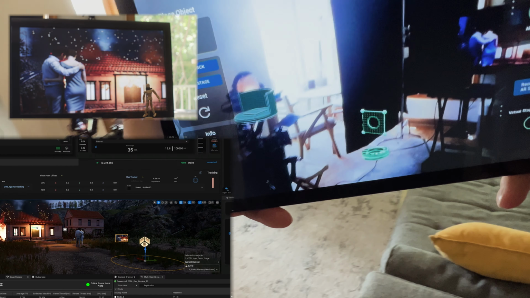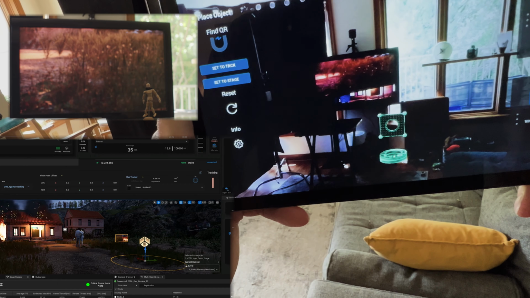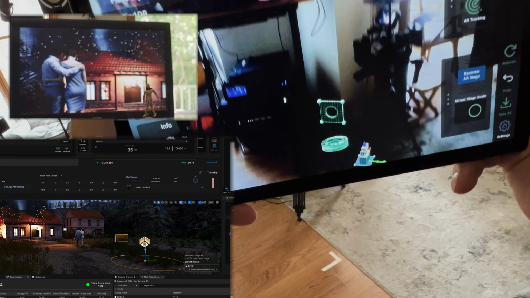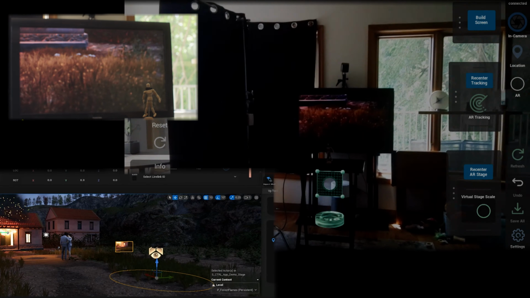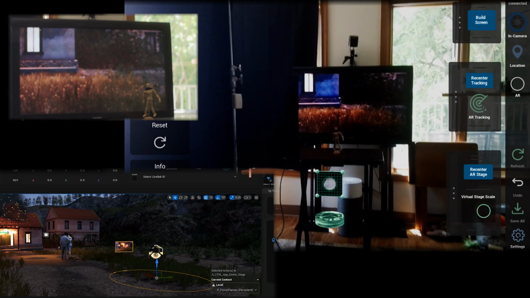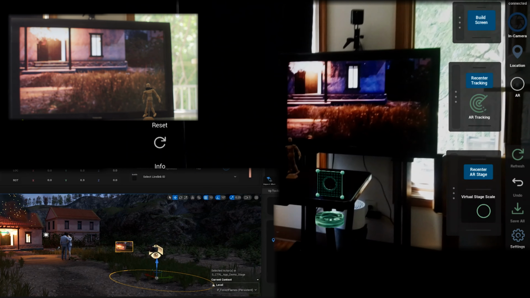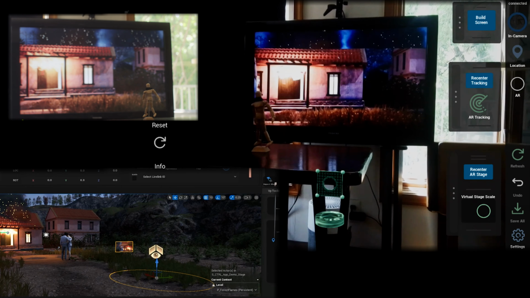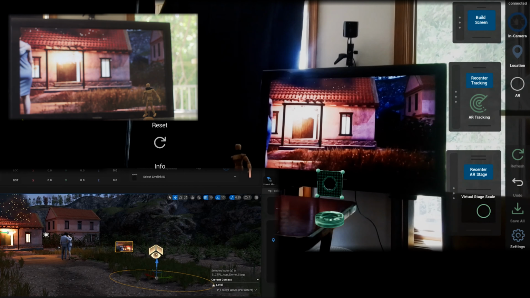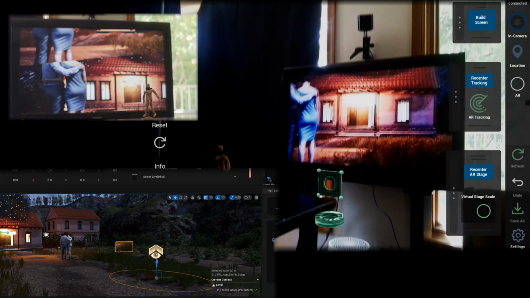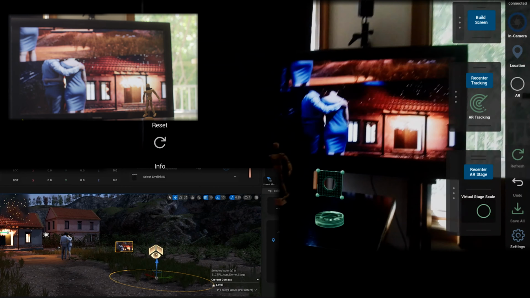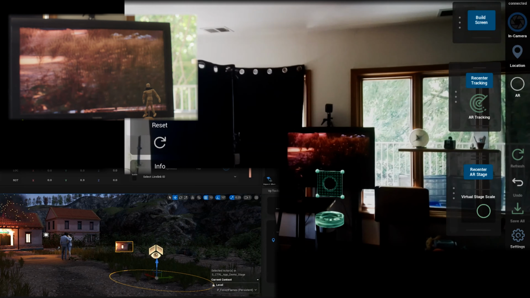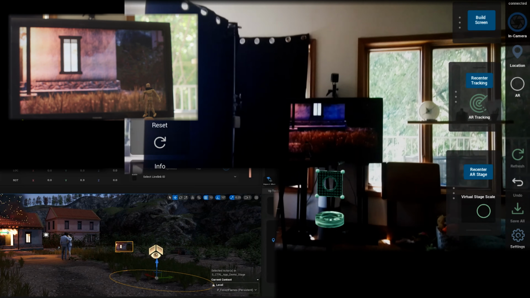So now our tracking is live, and we can actually see it in nDisplay there and see it live in the editor. Tracking is now live with the AR app. So now we can use this for Previs or to find locations within our virtual environment. Right now it's designed just for Previs, and if you want to give it a try for indie setups,